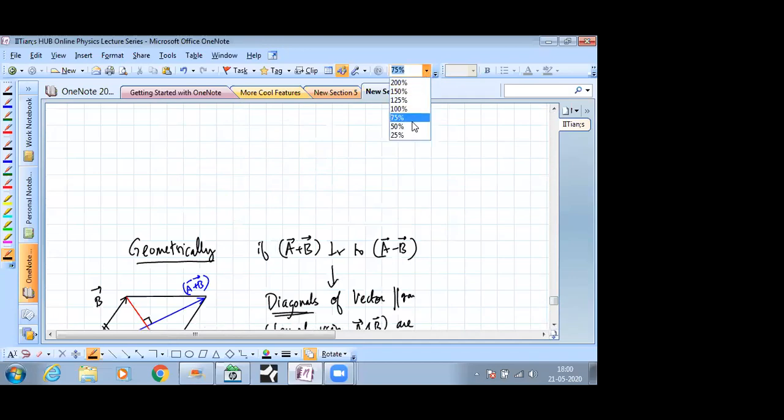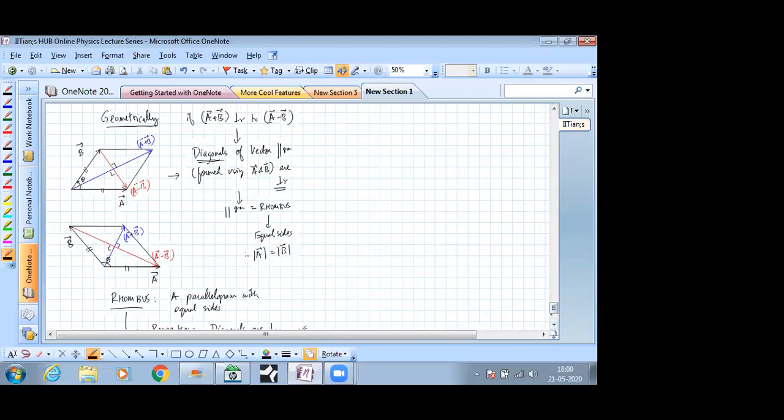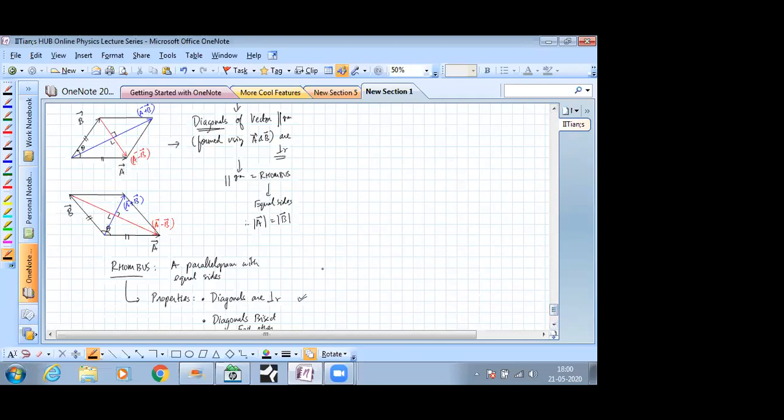Okay, so I'll just take you through this whole thing once more. So this is an interesting set of properties to remember: when your parallelogram is reduced to a rhombus because the sides are equal in magnitude, then the rhombus also displays these other properties, which then apply to vector algebra. So this is basically telling us that if mod a is equal to mod b, it means that a plus b is perpendicular to a minus b. Okay. And also